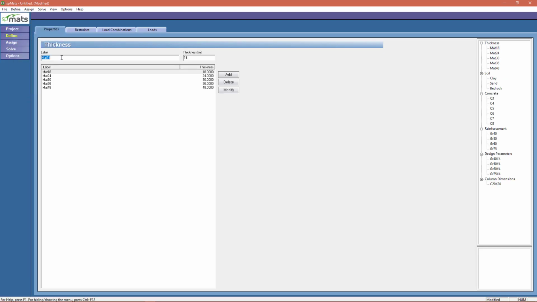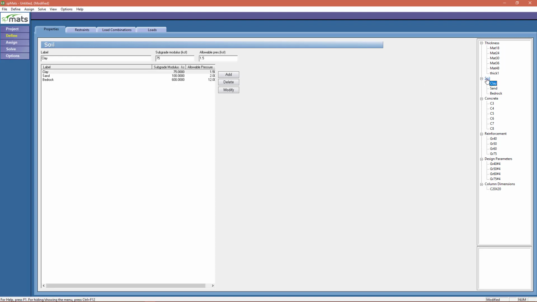For the label, we're just going to use Thick 1. And for the thickness, we're going to choose 24 inches. Select Add. And next up, we're going to go to Soil. We can go over here to the List item and go to Soil. For the label, we'll use Soil 1. For the subgrade modulus, we will want 100 kcf, and for the allowable pressure, we want 6 ksf, and choose